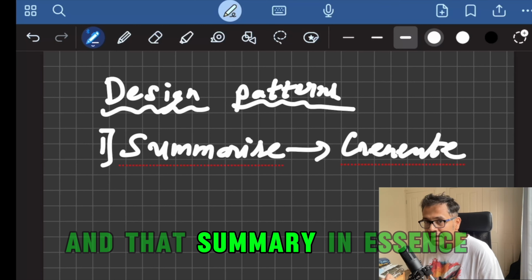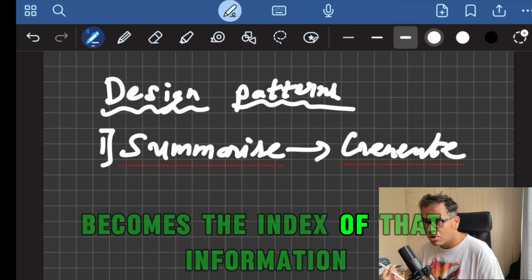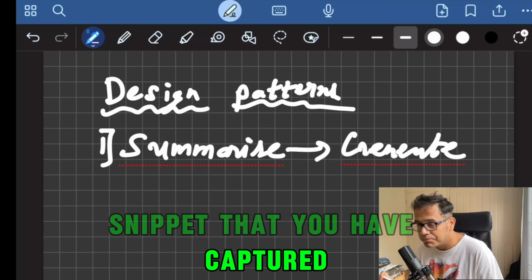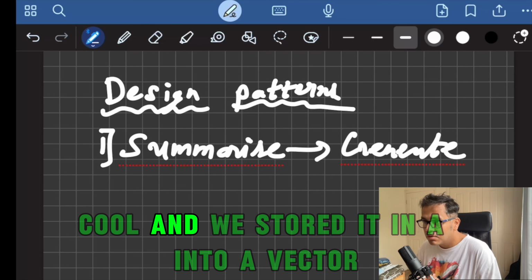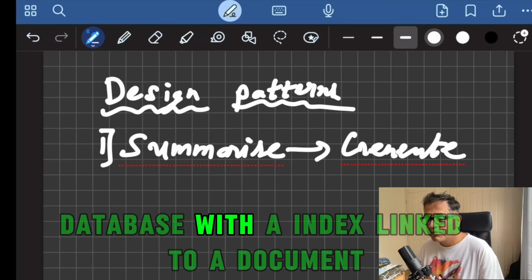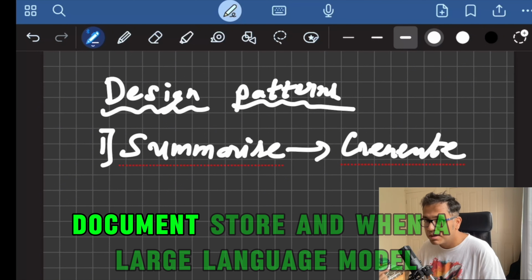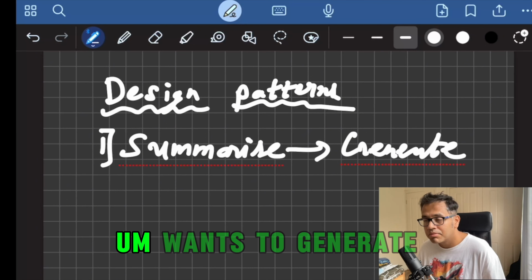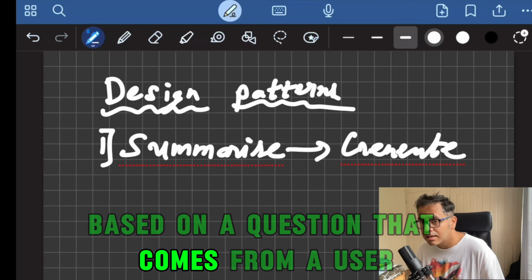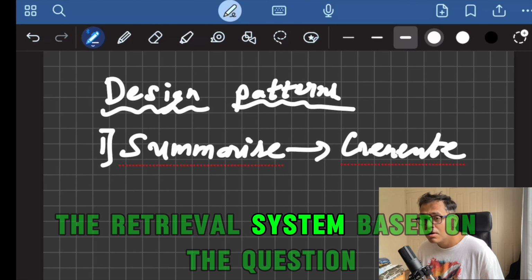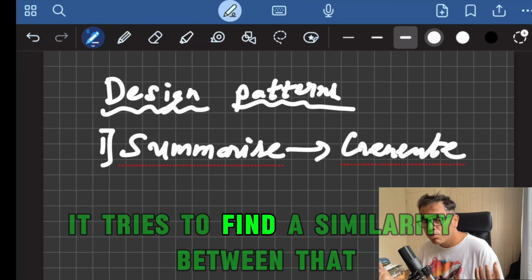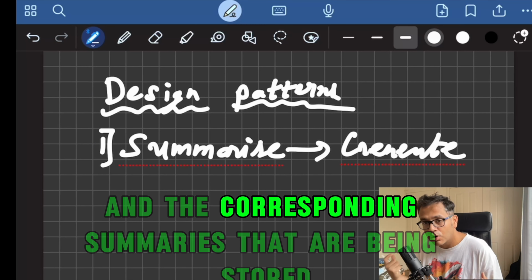And that summary, in essence, becomes the index of that information snippet that you have captured. Cool. And we stored it into a vector database with an index linked to a document store. And when a large language model wants to generate based on a question that comes from the user, the retrieval system, based on the question, tries to find a similarity between that and the corresponding summaries that are being